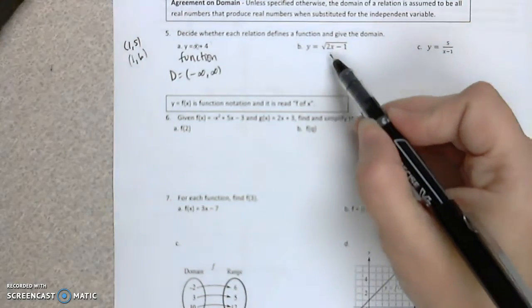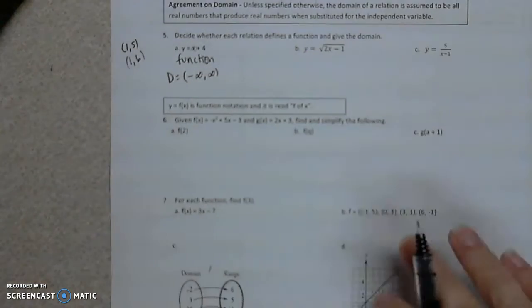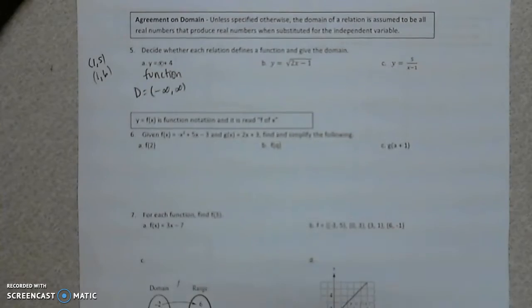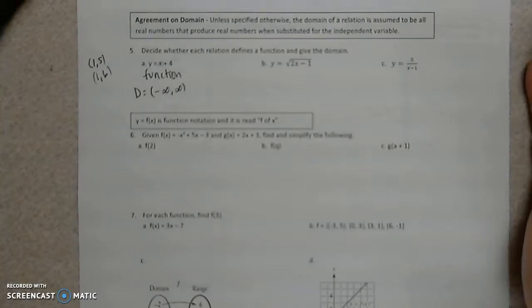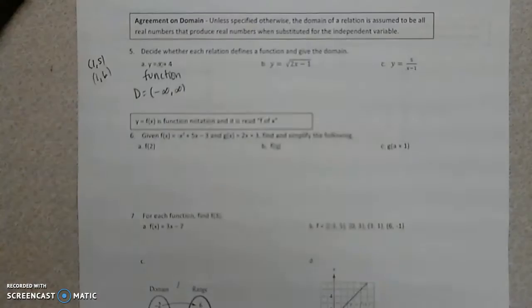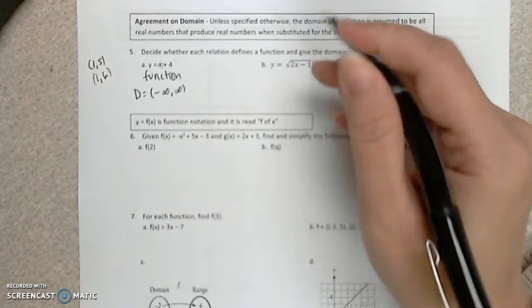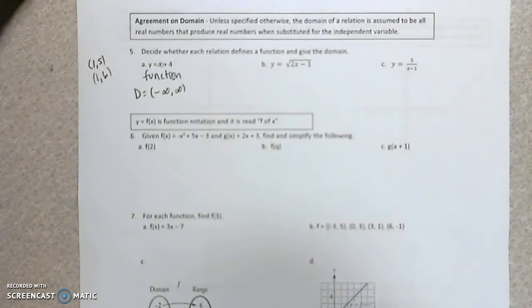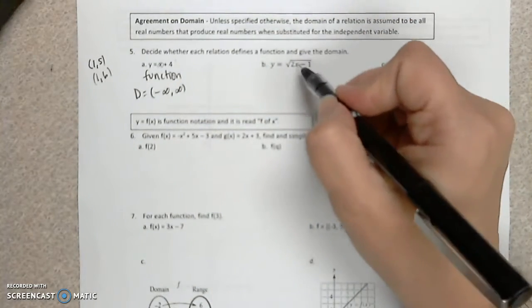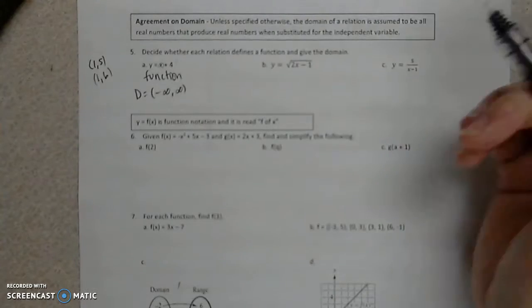Alright, also thinking about the next equation, it is a radical equation, a square root equation. So you have to stop and think about what are some restrictions on radicals. Well, they can't be negative. So for square root equations, I can't pick some value here and